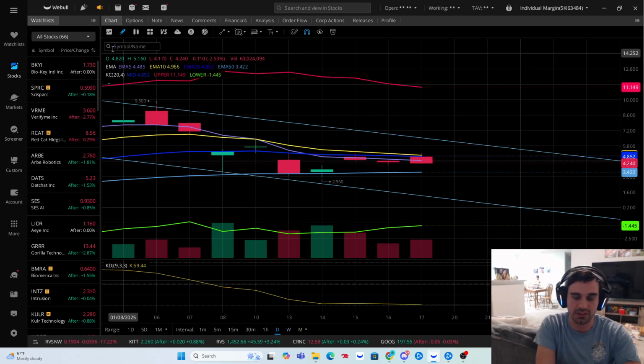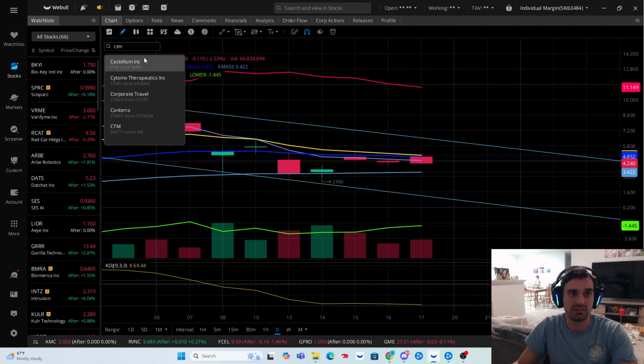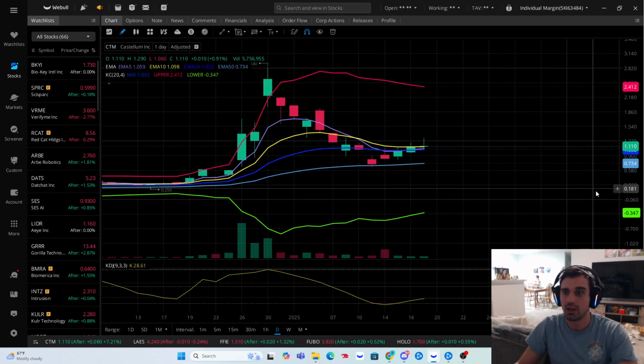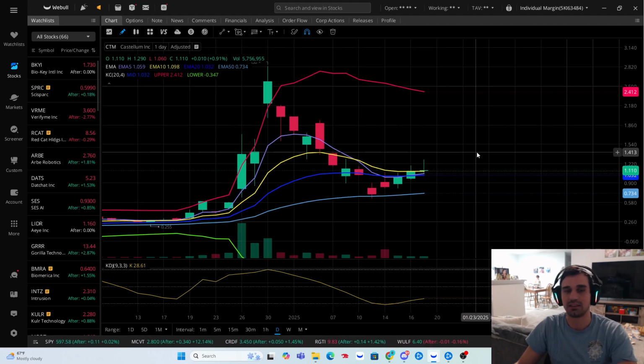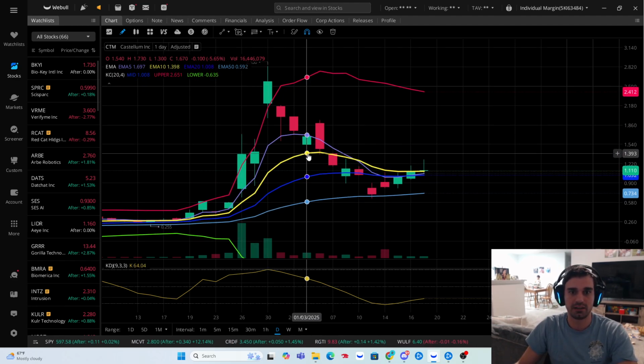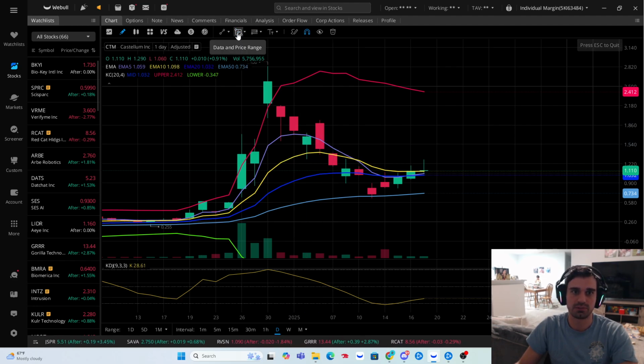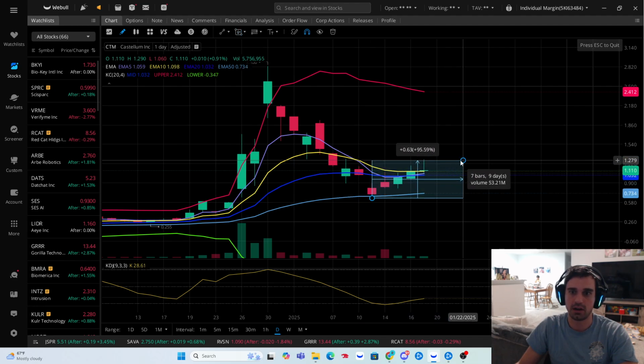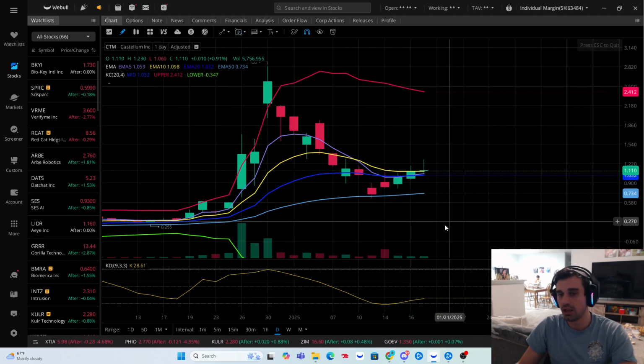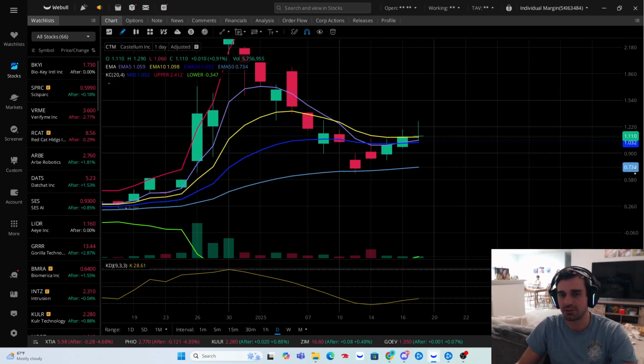A lot of the other tickers I'm in right now have made monster returns. For example, CTM was one of my highlights last week. What happened? Same analysis as LAES, guys. We hit this upper band, hit the 10, and we made monster returns on the 10 of 47%. And then on the 50, we made a 95% return. Those are the kind of returns you're going to get.